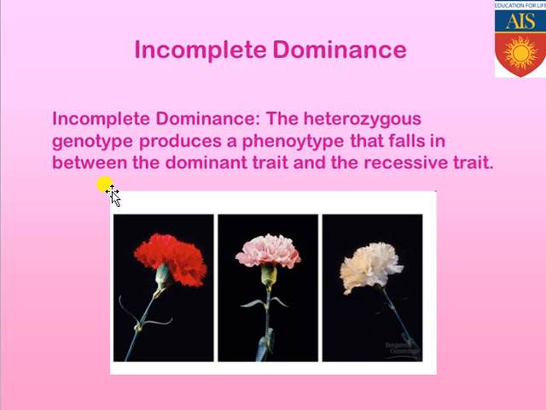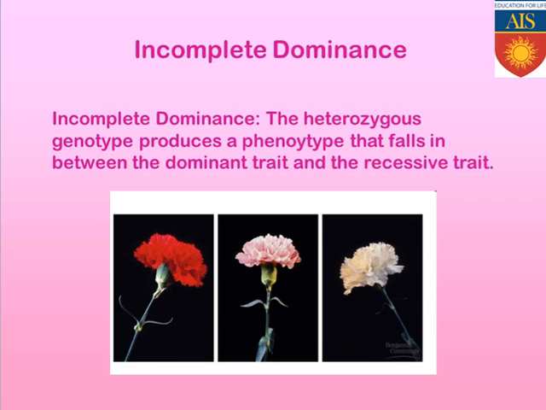Now we are just coming out of the Mendelian laws, Mendelian features, Mendelian cross, because some of the other events which can be visualized in this world do not follow the Mendelian rules or laws. Such an example is incomplete dominance. What is incomplete dominance? Incomplete dominance is a kind of event where you can see